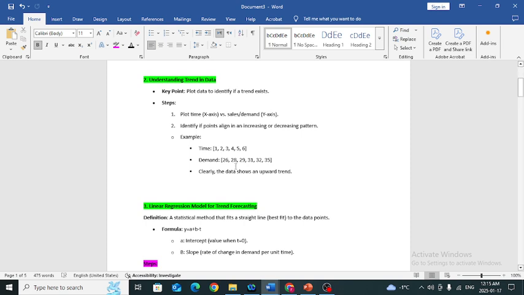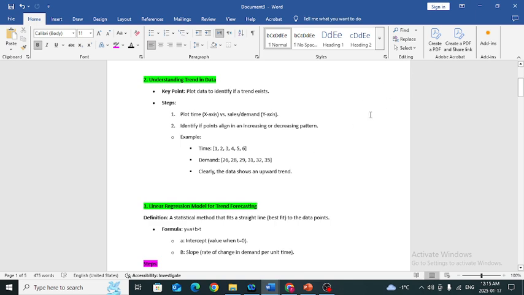Demand consists of 26, 28, 29, 31, 32, and 35. Clearly, the data shows an upward trend. That means if we plot this data, we have an upward slope